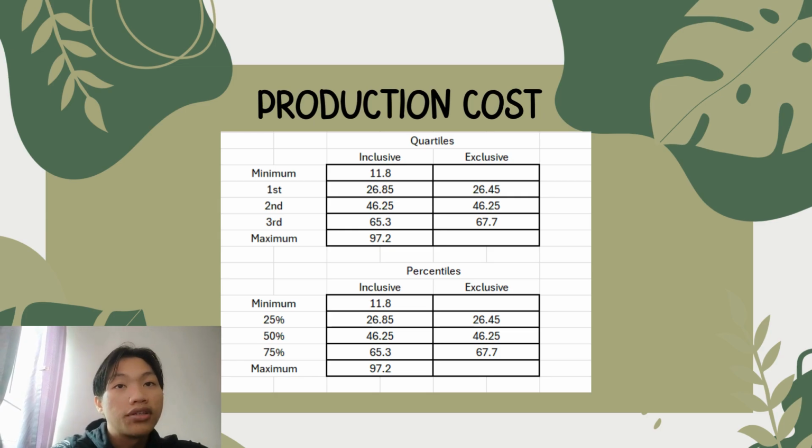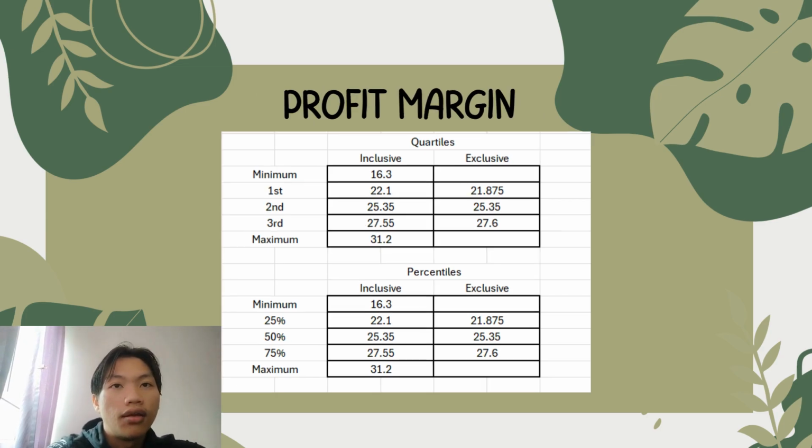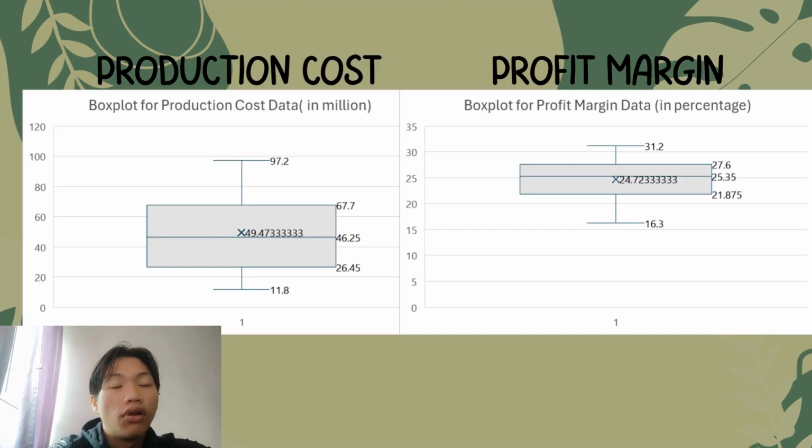First is production cost, and the second one is profit margin. Following that, we will analyze the box plot representing these two indicators. For the analysis of production cost, we show the mean of